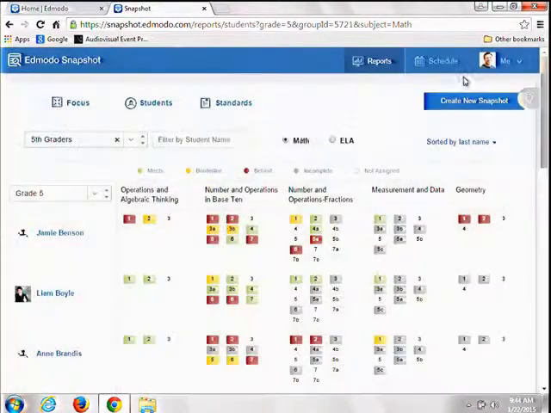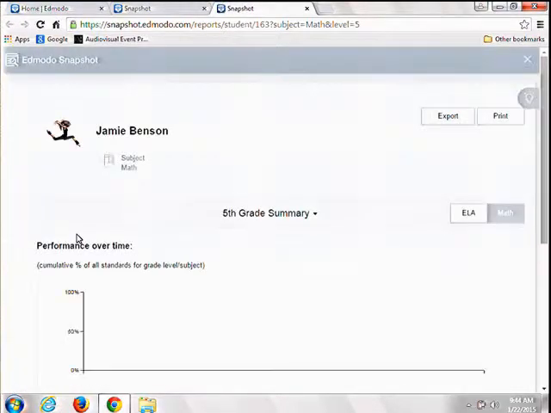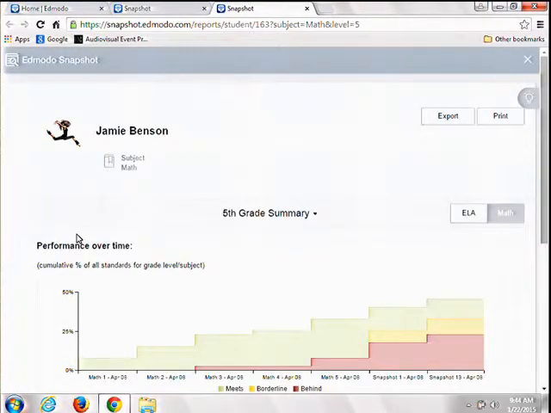The other thing that I can do, if I want to kind of drill down a little bit more on Jamie, I can click on his name, and that's going to pop up a report that, again, shows more information for Jamie. Now, here is another example of the difference between the free version and the premium version. So first of all, you're going to notice up here at the top, I can print or export some of this data about Jamie. So if any of you are doing like data notebooks or that kind of thing, that functionality to export that data out, that's part of the premium package.